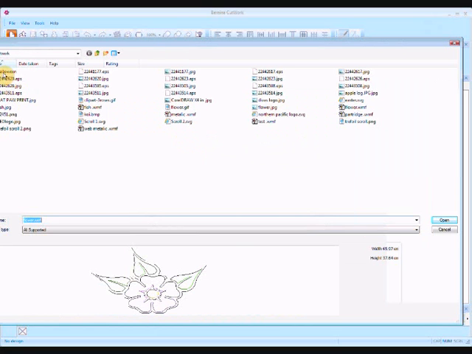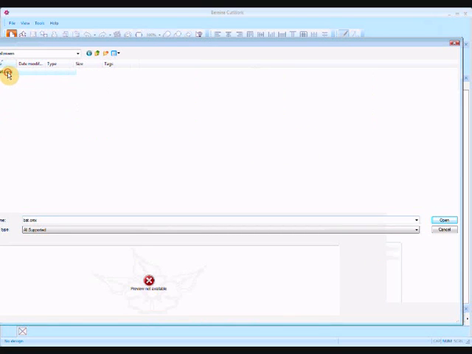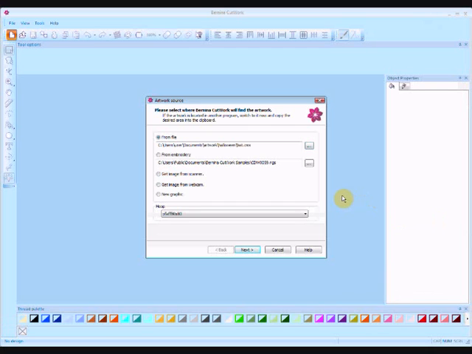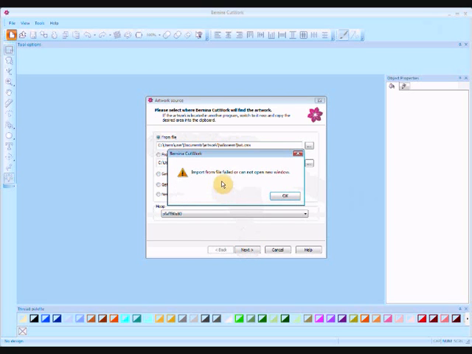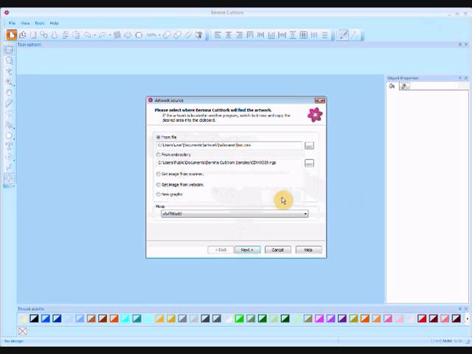And it was in my Halloween folder and CMX, and I opened it and it came up here, and then I went to next and I got this import from file failed or cannot open new window. Now if this comes up, I don't know why, because CMX was one of the listed formats that you could bring in, but I don't know why this happens,